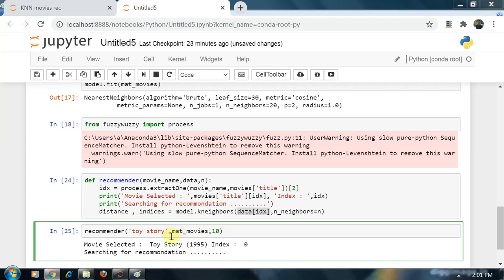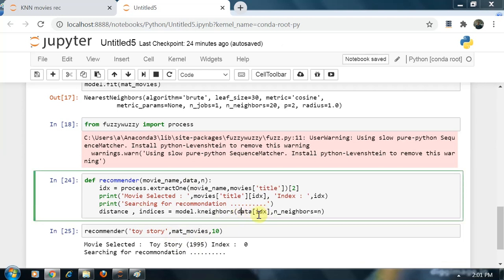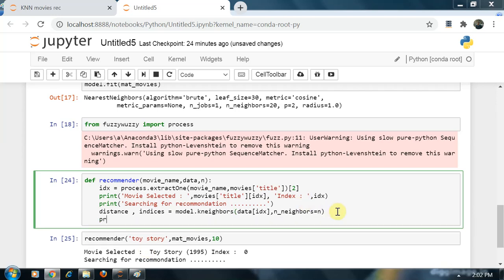So when I pass mat movies, it passes in our data. In data, the index is nothing but our Toy Story movie index, and I have assigned n to n neighbors. So it will give us the indices and the distance. First, please check only the distance and the indices.